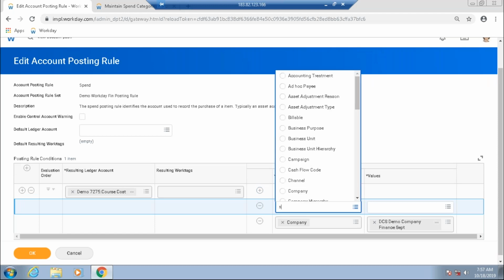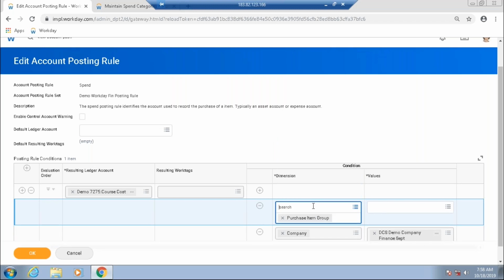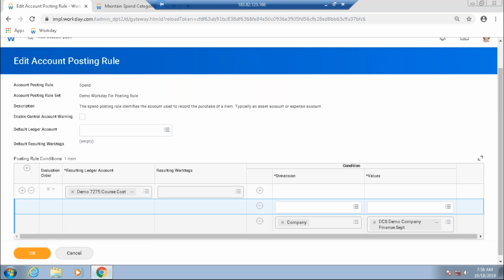This should hit only when I have a spend category or spend category hierarchy. On both I can create. So spend category and spend category hierarchy both are available for your dimension in posting rules. Let's check if we have something like purchase item group here or not. So there was a question mark in your book. If you check differences between spend category and purchase item group, and that is okay, it is also available. So you can use purchase item group or spend category hierarchy, spend category, any one of these